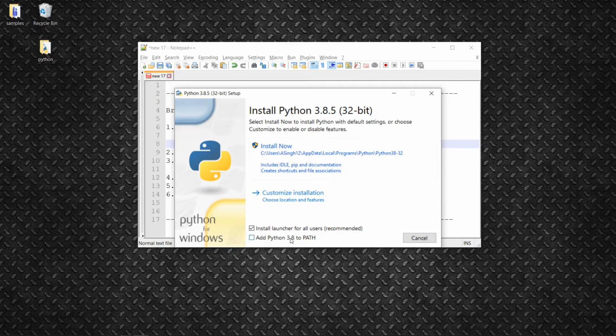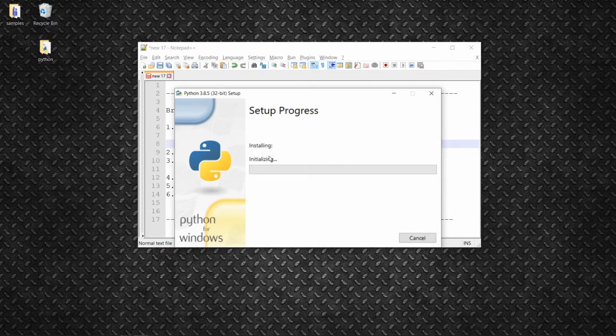From here you can see we have one more option where we can add the Python path to the environment variable path. We'll be doing this process manually just to show you how to edit the environment variable. So let's begin. We are going to install. This process will take some time, so I'll be skipping this.